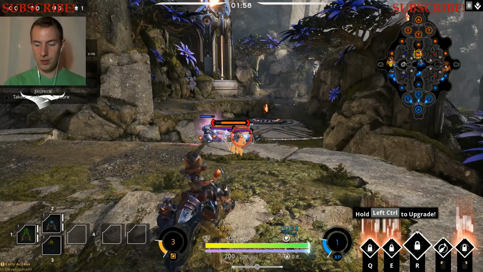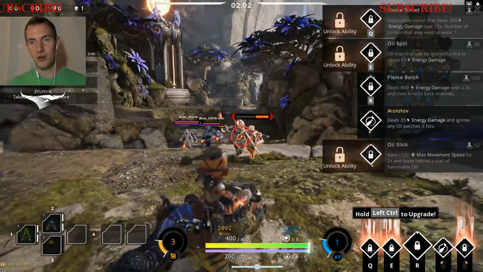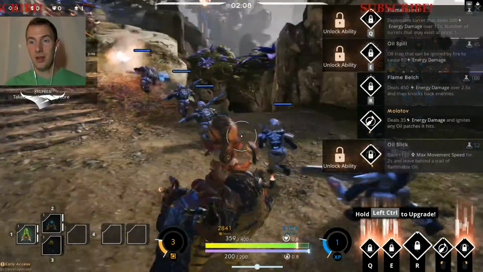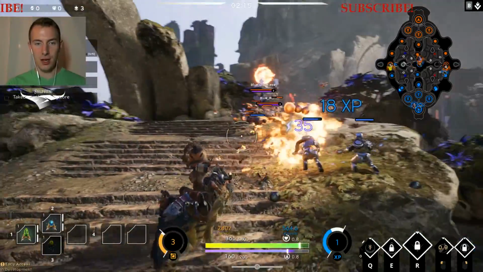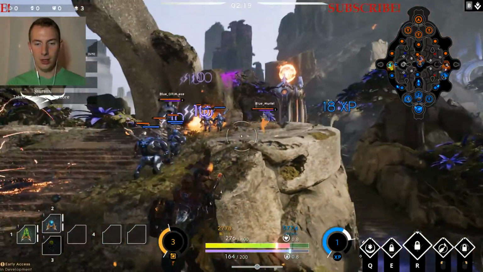One of those key abilities is his Q. The first ability we're going to go for here is Flame Turret. It's a deployable turret that deals 200 energy damage over 12 seconds. The number of turrets that may exist at once is 1, so only one turret can exist. As you can see, I hit my Q, and there goes a turret, and it's dealing all of that damage here to